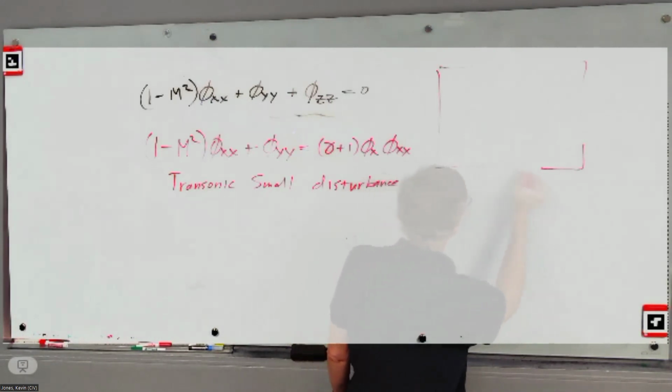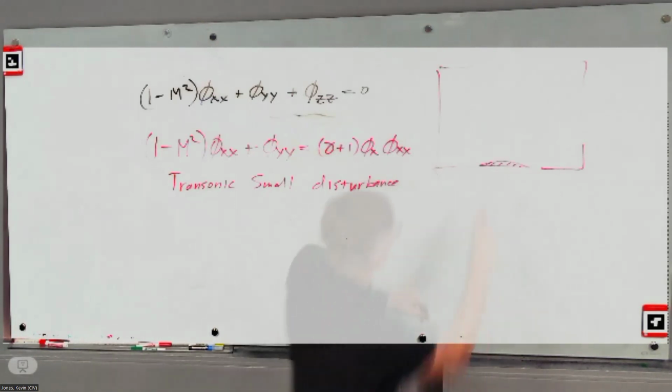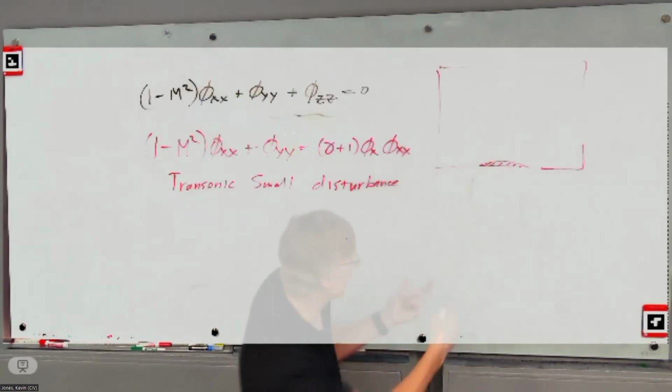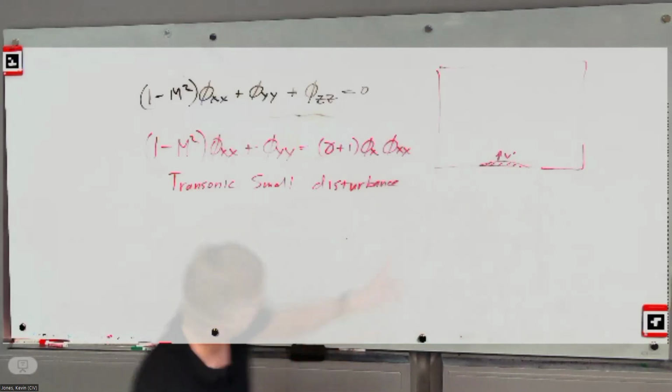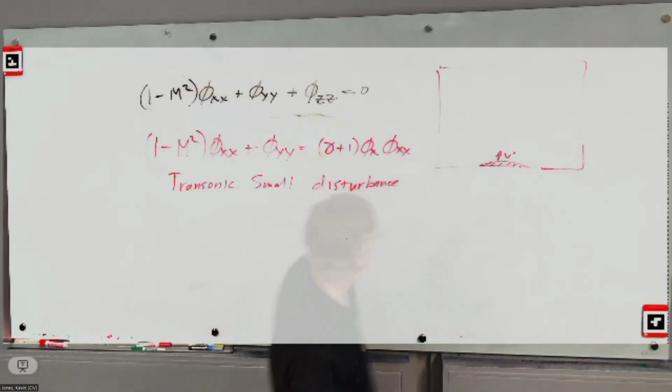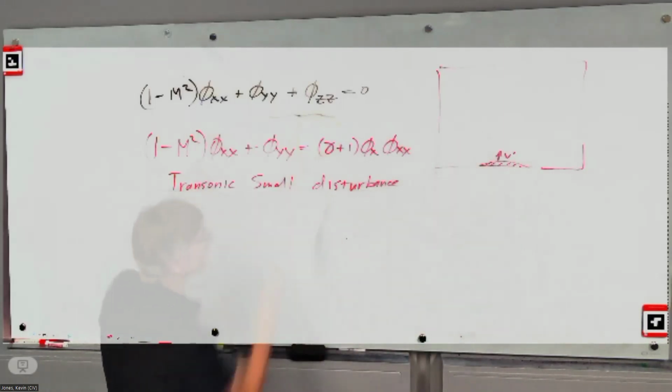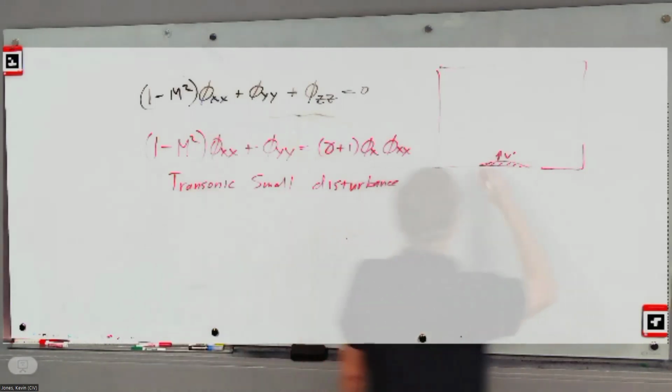So we have some kind of a piece of wing here. And like we did with the small disturbance analytic solutions, we would ignore the fact that there was actually thickness to this, but we would include the fact that it was producing a little delta v, little tiny v prime vertical velocity. And so you could plug that in, and then you could actually do supersonic cases,